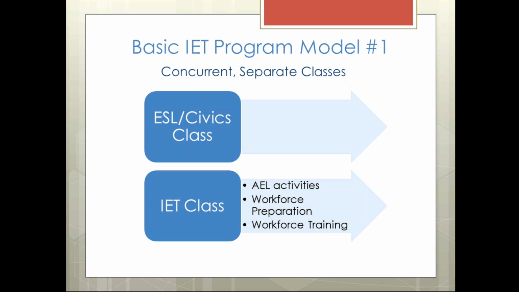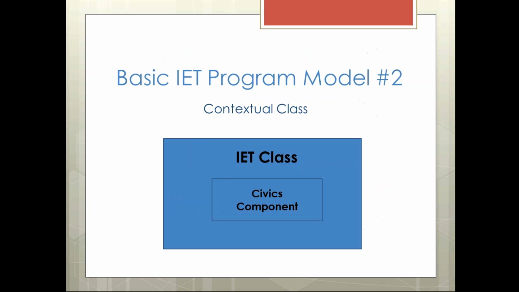So that's just an introduction to model number 1, where students are enrolled in concurrent but separate classes. The second model of a basic IET program is a contextual class. A student is enrolled in an IET class, as you would call it. It has a civics component, but that IET class needs to balance